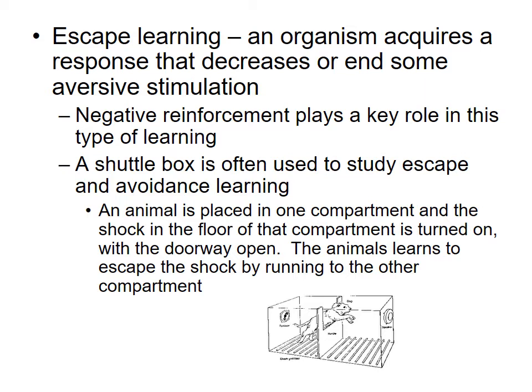The puppy would most likely in the first run through try to figure out where it can get out of that side of the box and into the safe side that's no longer electrified. Reset the example, put the puppy back in the left side, turn on the electric grid. The puppy will jump very quickly into the right side, and eventually you're going to find that the puppy won't take very long to escape the shock at all. It will jump immediately into the right side. It's a form of negative reinforcement. The puppy has learned to increase the behavior of going to the right side of the box to avoid the aversive effect of the electric shock on the left side.